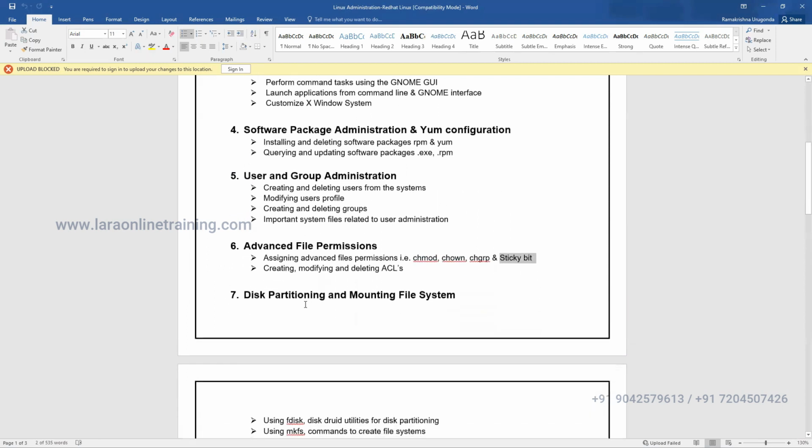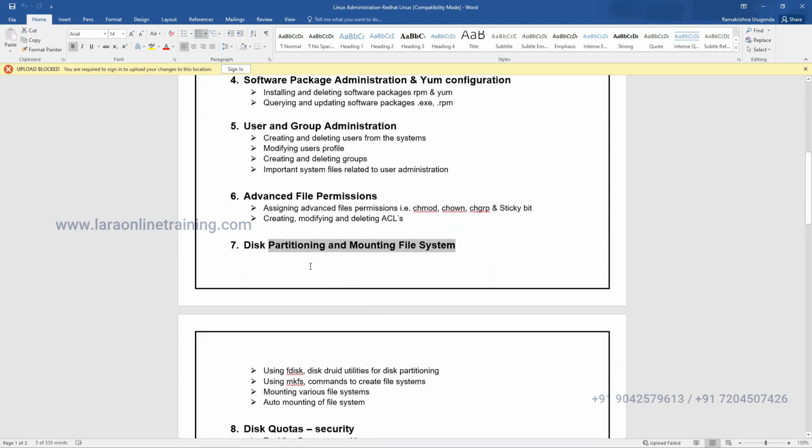And partitioning. Assume you're trying to attach a new hard disk. You are the admin, so you would like to attach the new hard disk to the system. After attaching, what is the next step? You need to make a partition, right? Without a partition, you cannot use the hard drive. But in Linux, how do you recognize that the hard disk is attached to the system? What is the hard disk number?